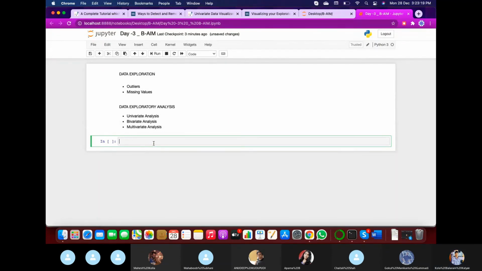So all the terms which can't be quantified are called qualitative variables. These can be like beauty, gender, or performance, attitude. These can't be quantified at first instinct.